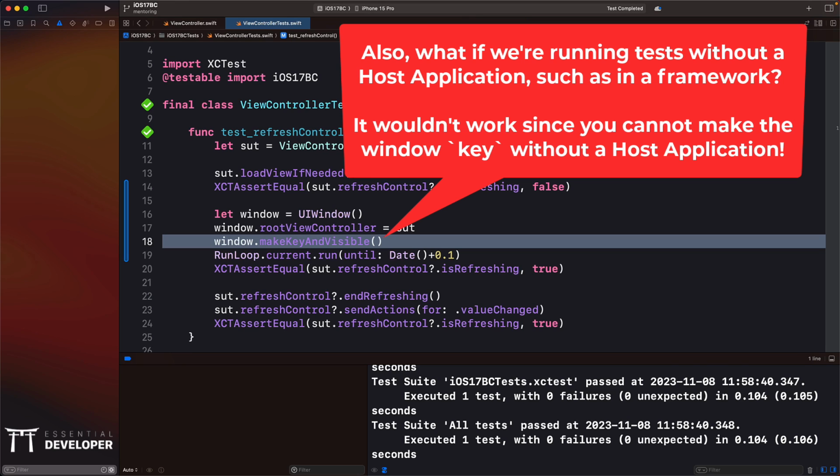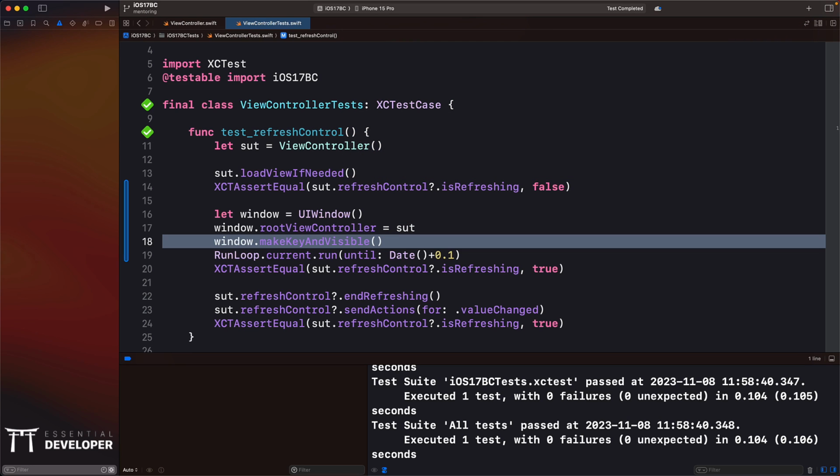Remember, every test should start in a clean state and leave the system in a clean state. There shouldn't be any side effects in the system after a test finishes. But by altering the key window, we are altering state outside this test method. So it's dangerous. We are altering global state. Another solution would be to write UI tests, but they're also very slow and flaky.